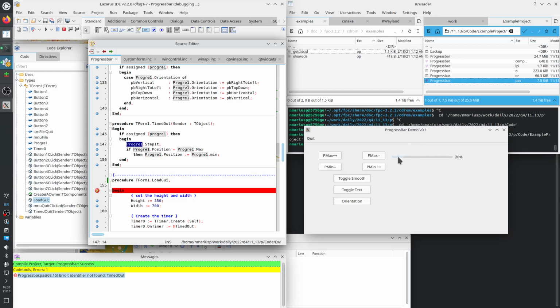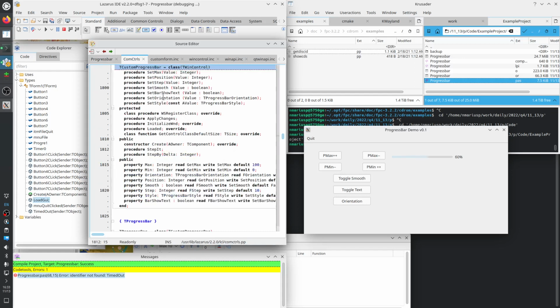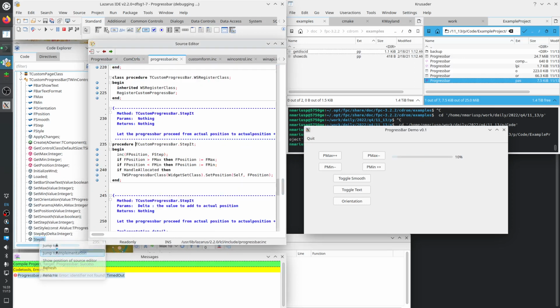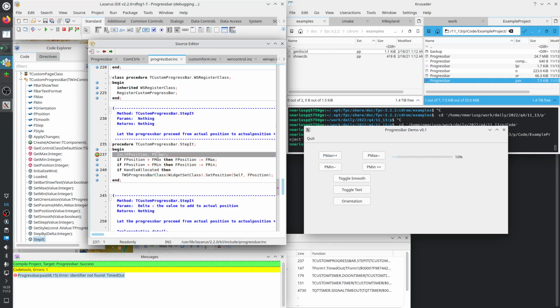So it does things to the first progress bar that's defined. It increments the step of the progress bar, it increments the position by the step. Let's see exactly what this thing does. So step is not defined, so then step should be